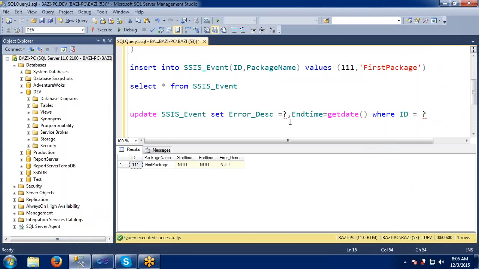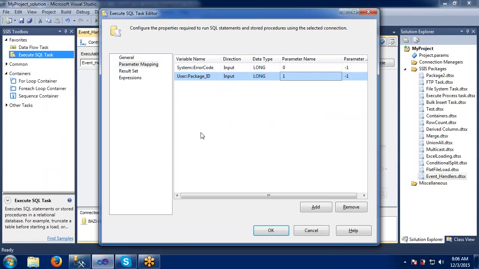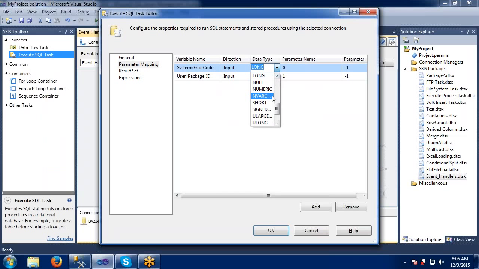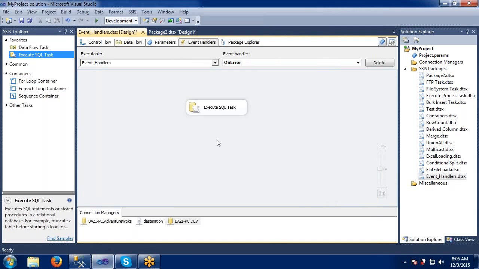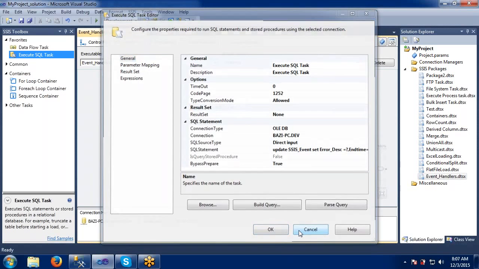If you remember, error description is parameter 0, and this is parameter 1. This is what I want to update at runtime. Keep the rest of the things as they are. Error code is an nvarchar, because we are capturing some error code, right? That's why we make it an nvarchar. Just say OK here. If you want, we can rename this.